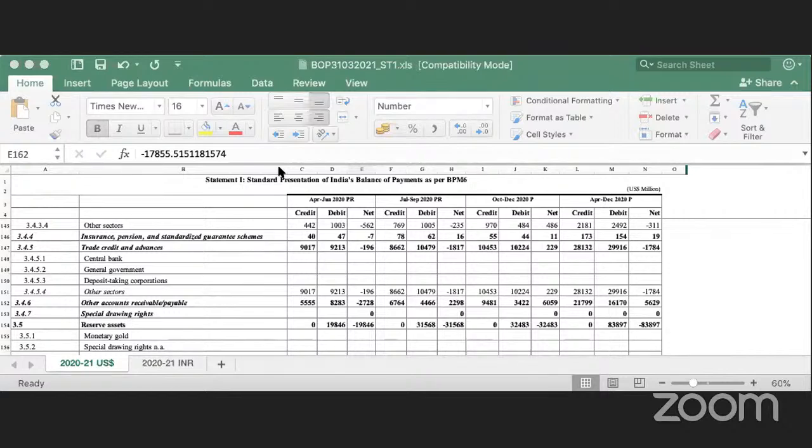Sir, do you have any case study? Case study also. You can also get a case study on balance of payment. It is not ruled out. If you go through these Excel sheets of RBI, you will get a complete grip of BOP. Also go through the material and refer back to the material. And if it is still confusing, you can leave a message to me. I will revert back.